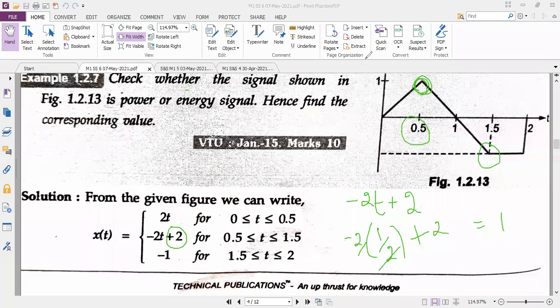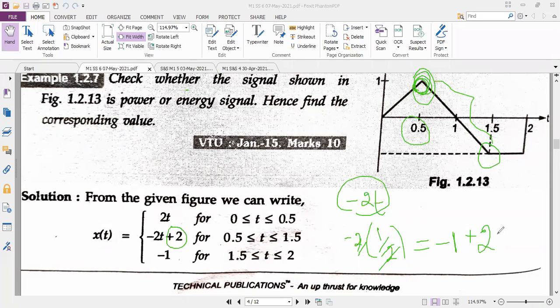That's why it is called the trial and error method. Initially I would not have written plus 2. If I had written only minus 2t, I would have got the answer as minus 1. I'm just showing you how to do the trial and error method. If it is a decreasing diagram, use minus 2 into t, something like that. Once I cancel the 2 and 2, I get minus 1. So in order to get plus 1, I should think by myself what number can be added such that I will get plus 1. The only number which can be added is 2, so that my answer will be 1.